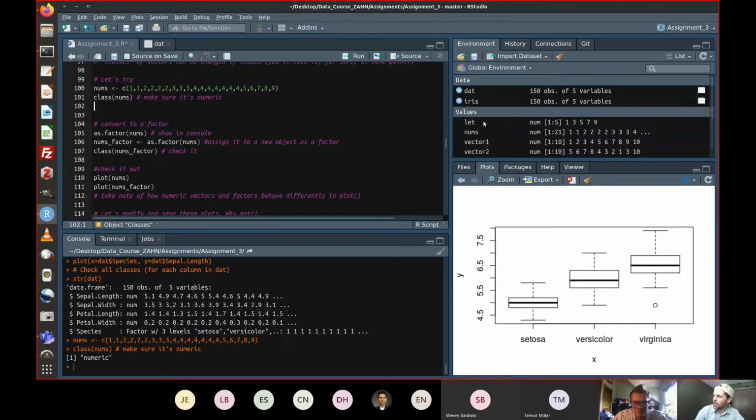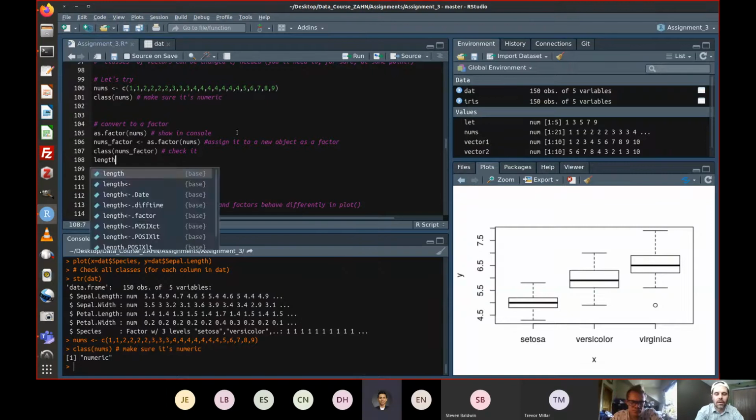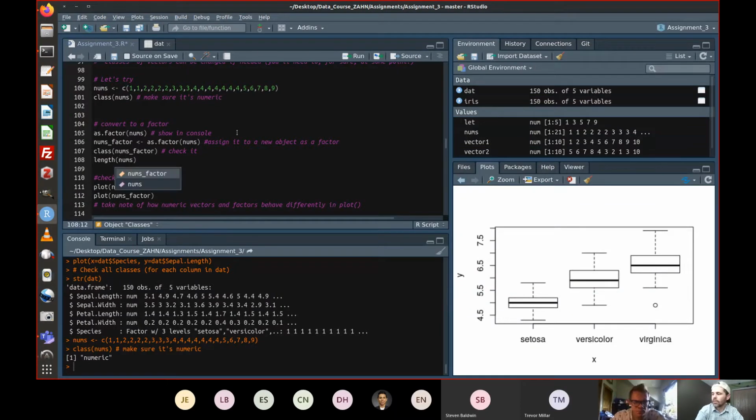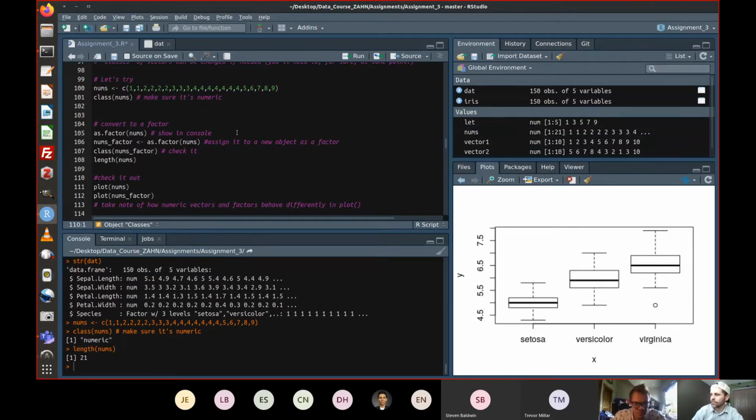Well, I can look over here on the right, and I see nums right there. It's numeric. 21. 1 through 21. Yep, those are the values. Okay. If I don't want to look over there, or if I want my code to figure it out for me, I can say length nums, 21. Okay. If I just say plot nums,